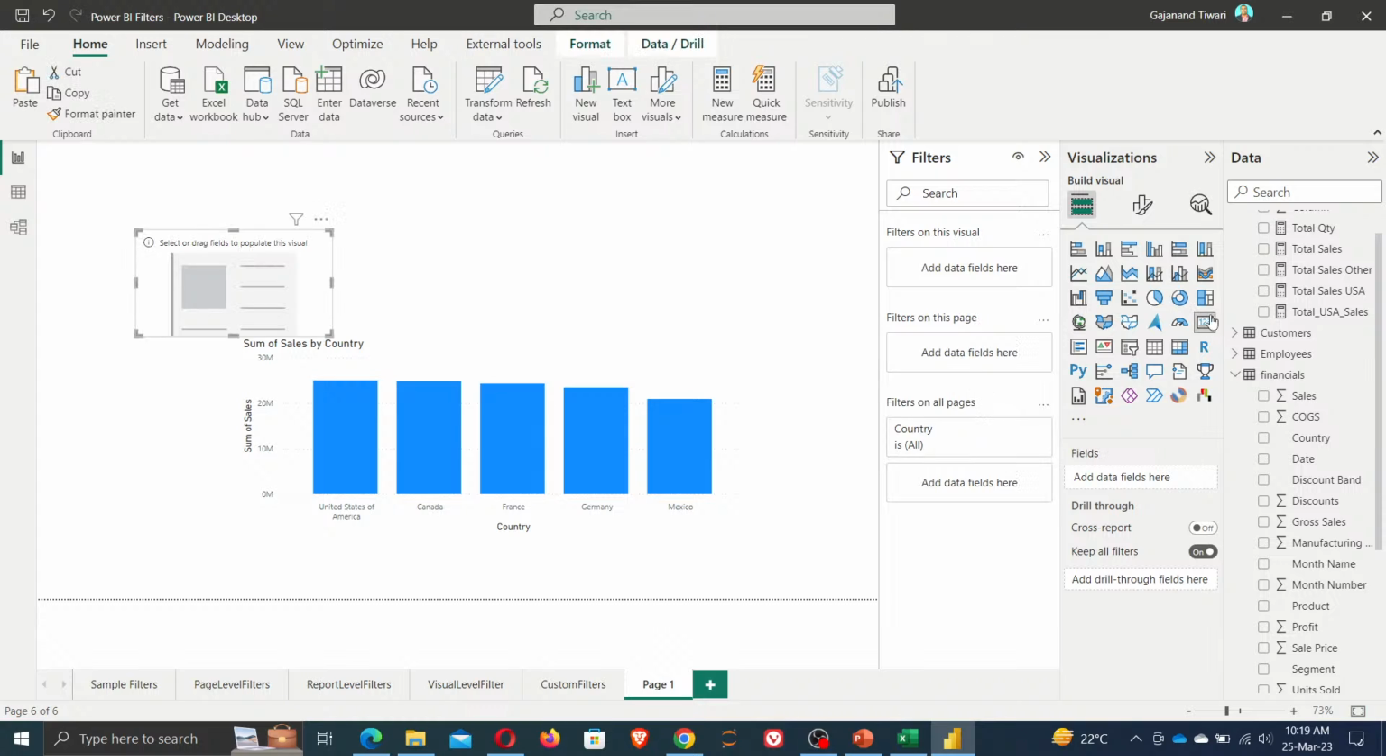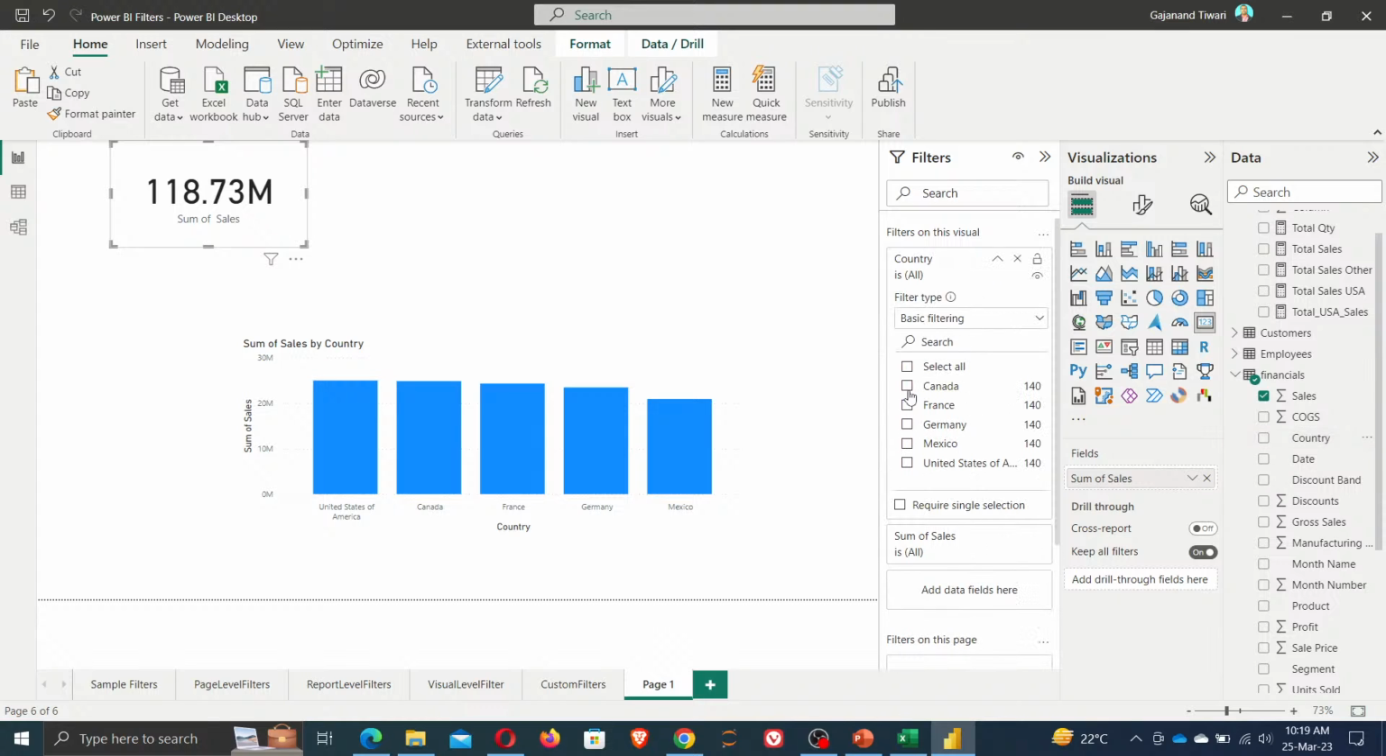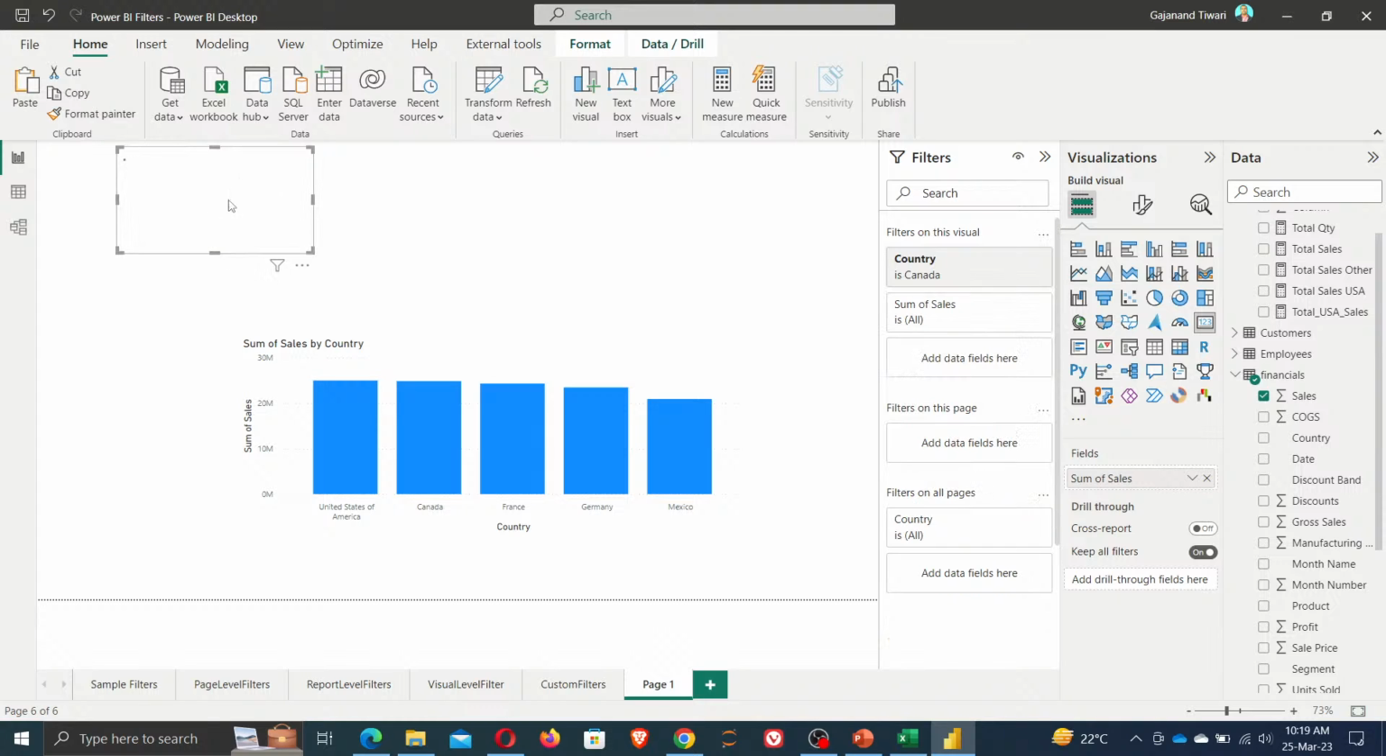I wanted to create the card. I want to see the total of only the USA country. So I select the total sales and again pass the country name here and just select Canada only. The other part I don't want to see. Okay, and I want